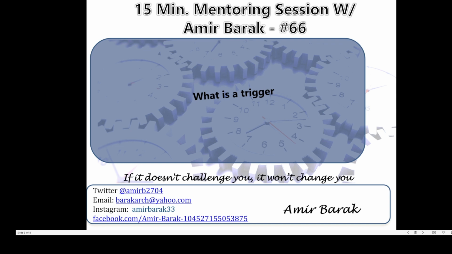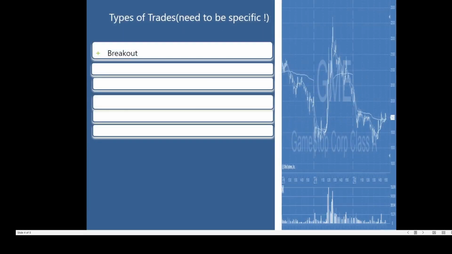Now, I did it in the past. We need a playbook. A trigger is not enough. It can be amazing, but there are so many things that you need to go back and look for before you even take the trade and know if it's a good risk reward. Of course, a good volume, condition of the market, condition of the SPY, condition of the sector, so many. But if you have the trigger and you have all the conditions and you have all the right things to do, now you have to decide what type of trade you are taking,